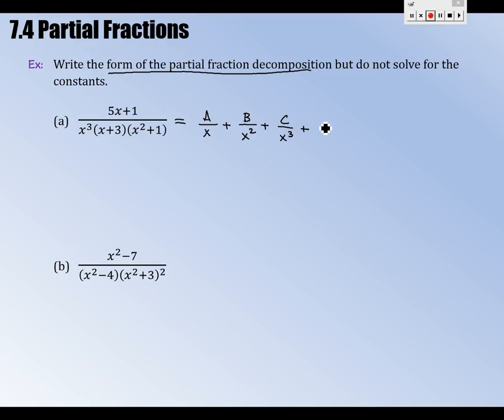And then for x plus 3, that's another linear factor. So we're going to have a constant d over x plus 3. And I guess I didn't really stop to explain why this is necessary. But this is an irreducible quadratic. So the denominator will be that. But the numerator will be, did you catch on the last slide? Did you see the slight difference? It's going to be e